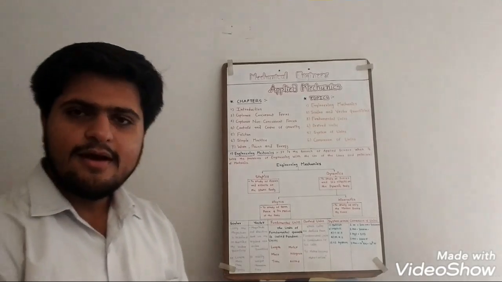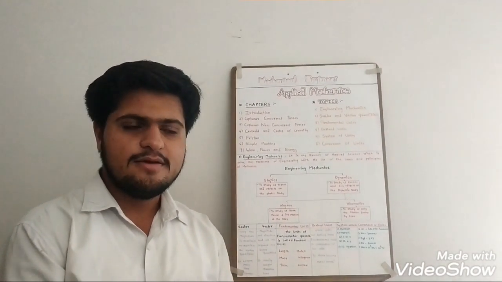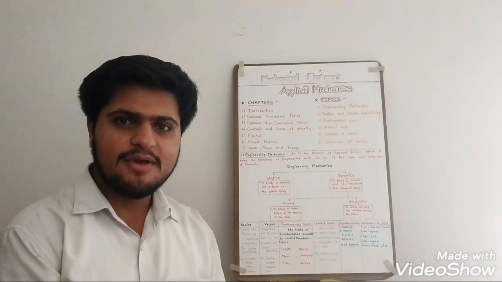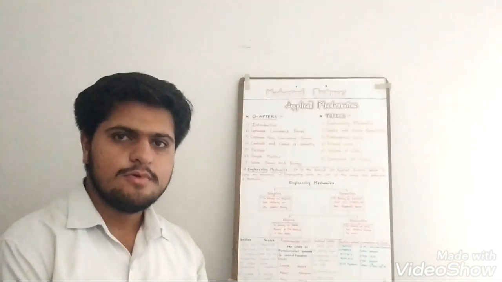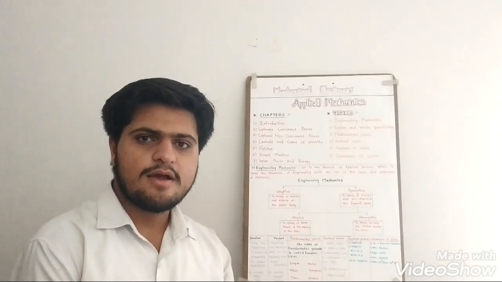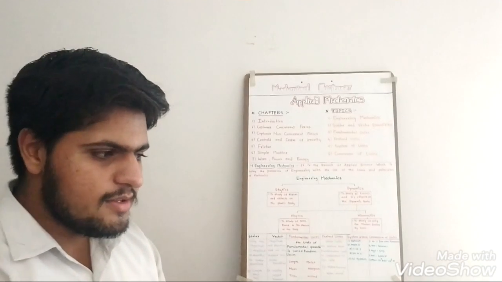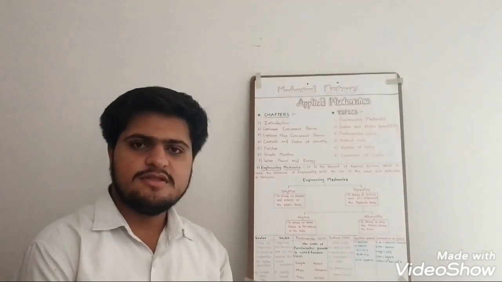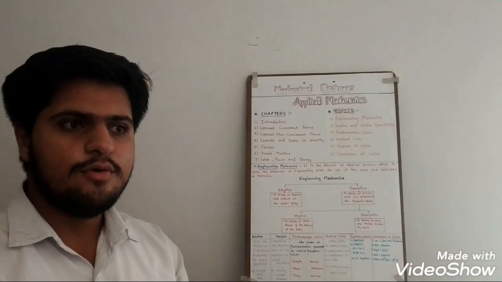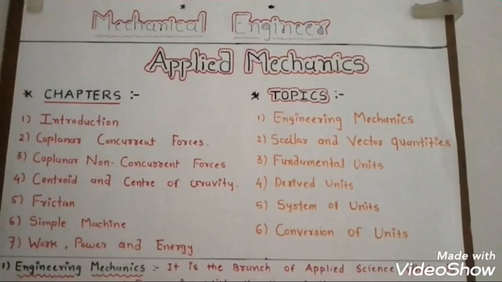So today I am talking with Sem 2 students of Diploma Mechanical Engineering, and of course we start a new subject, Applied Mechanics. So first of all, friends, in the GTU examination the credit of this subject is 5. First of all, in this subject, which chapters are we studying? Please note them down, which are given on the board.